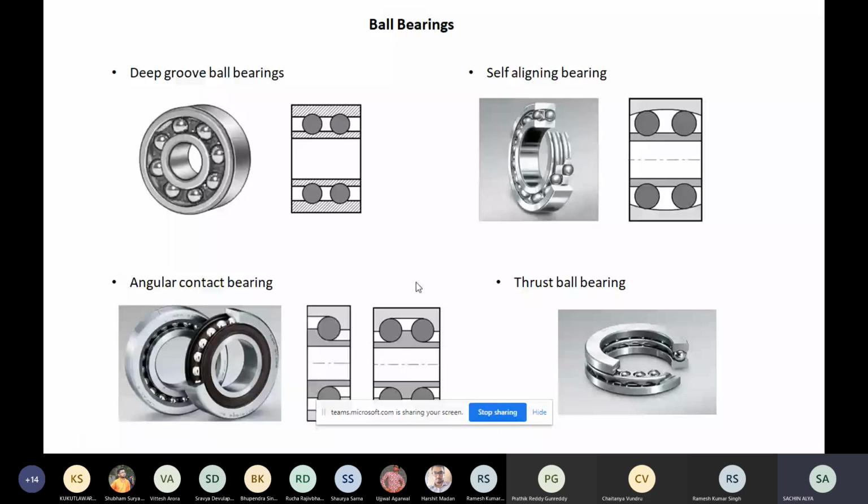A single row angular contact bearing works in a unidirectional way, so it can sustain axial loads in one direction. The double row angular contact bearing can sustain axial loads in both directions. And if your requirement is particularly an axial loading condition, we can go for a thrust ball bearing.